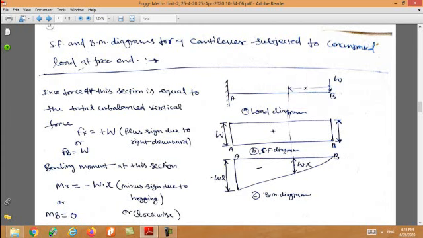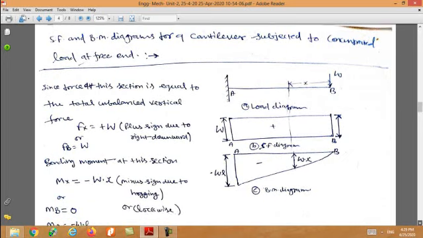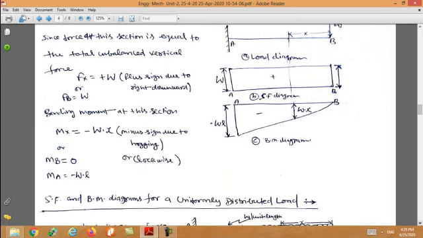Why is it minus? Because you are starting from the right side, and the moment W into x is clockwise. So according to the previous two diagrams, if it is the right side and clockwise, it is negative. That is the reason it is negative. Okay, so the value is minus WL because x is L. So you can see this diagram, it is negative and it is positive. Is it?